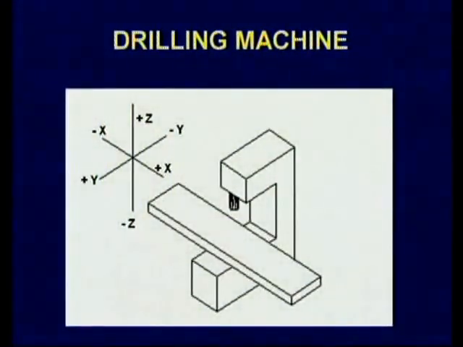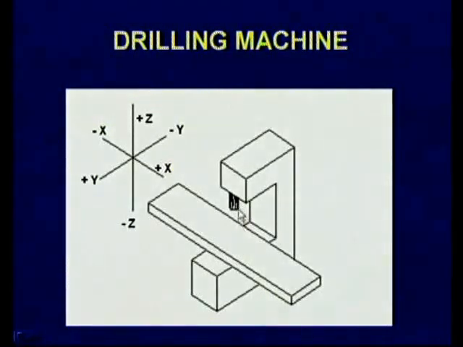Let us consider this drilling machine. Here plus z. We know that in case of a drilling machine, only the drill bit will traverse. If the drill bit is traversing in the plus z direction, then automatically the distance between the workpiece and the drill bit will increase. So plus z denotes the movement of the cutter away from the workpiece in any machine. Similarly, minus z denotes the movement of the cutting tool towards the job.